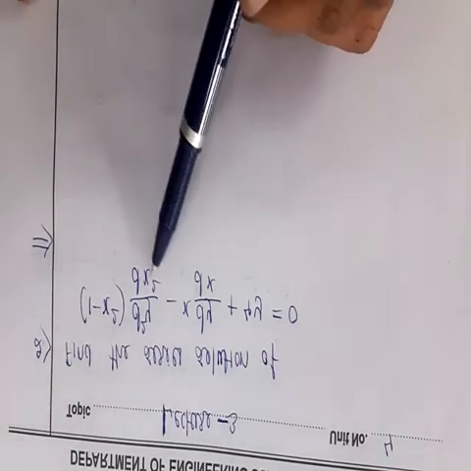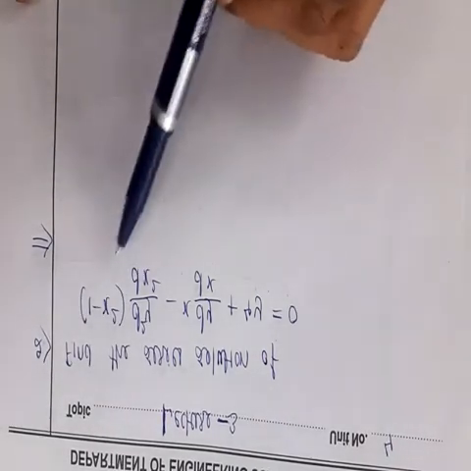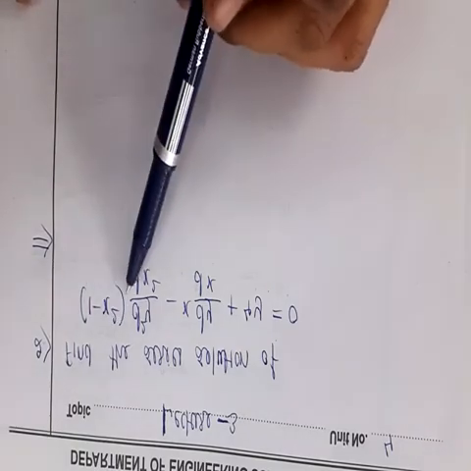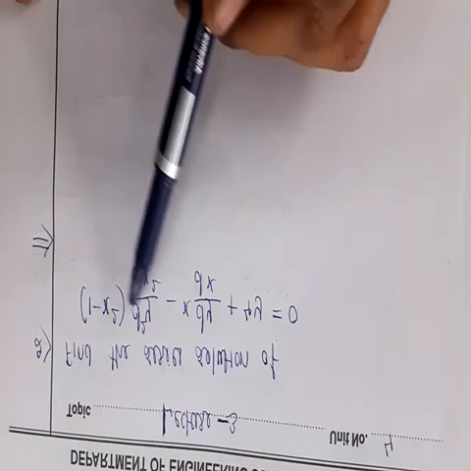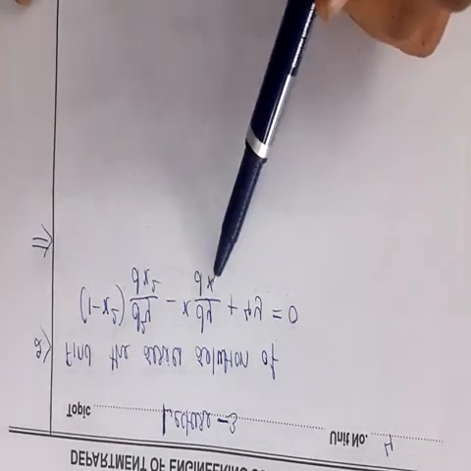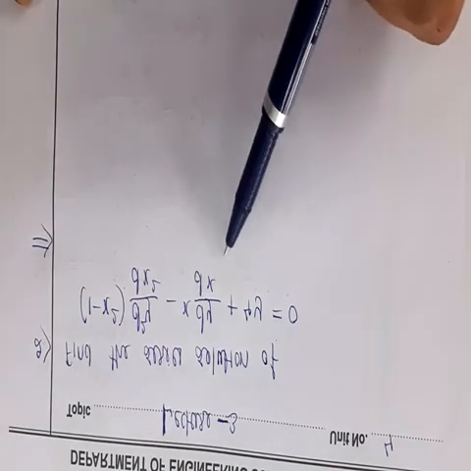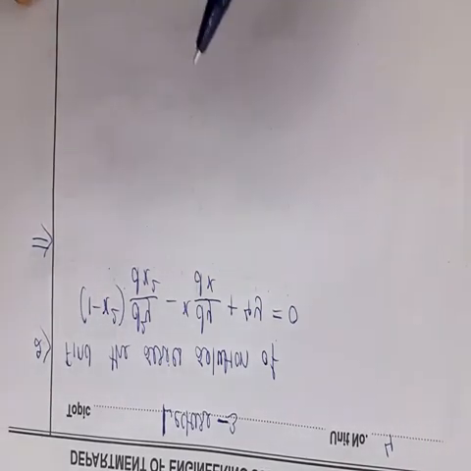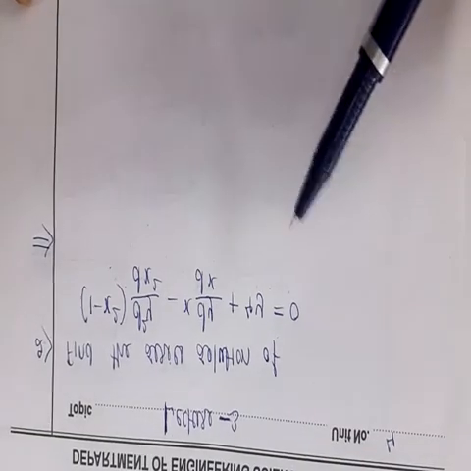Now, can we solve this example by using our previous method? Here the first coefficient is in terms of x, and it is not in the form of Cauchy's or Legendre's differential equation. Here x into dy by dx is in terms of Cauchy's, but the previous term is not in the form of Cauchy's or Legendre's. So we have to use the power series method here.